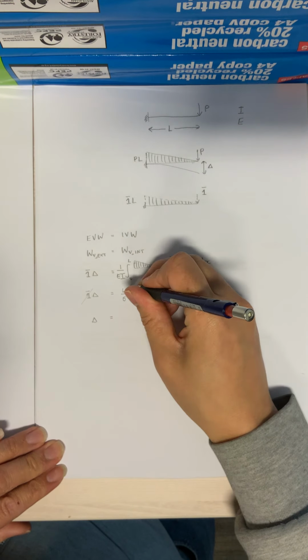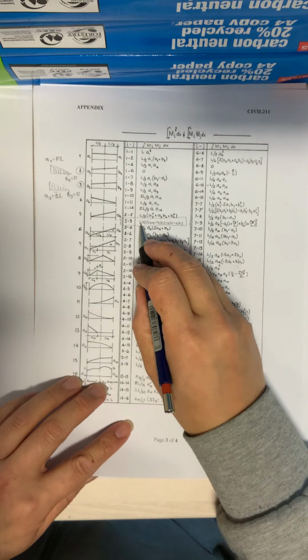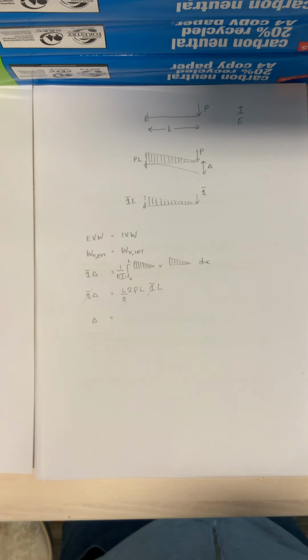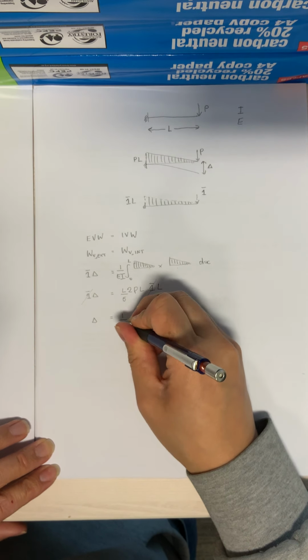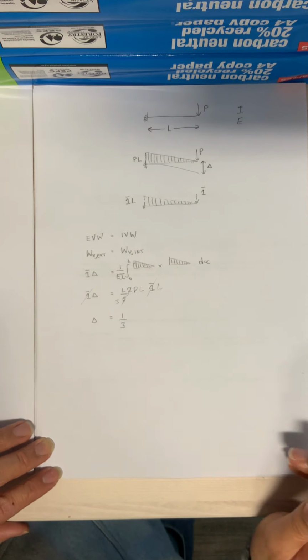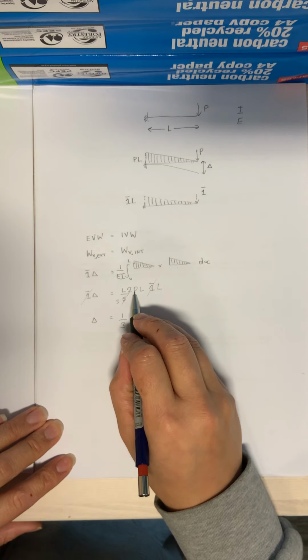Sorry, I missed a 2 there. So it's L over 6, 2 times that. So I missed out the 2. So it's going to be 1 over 3, because 2 and 3 becomes 2 and 6 become 3, and P